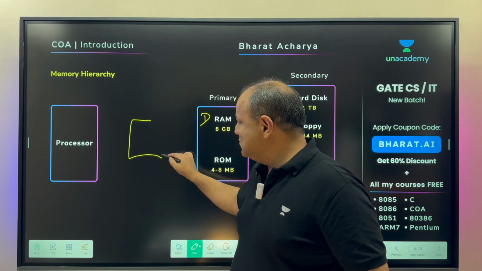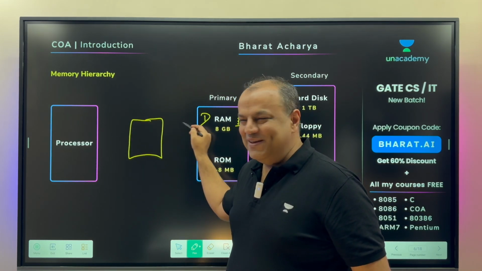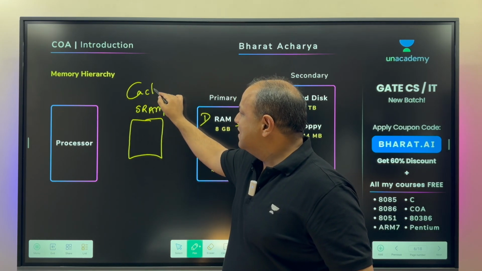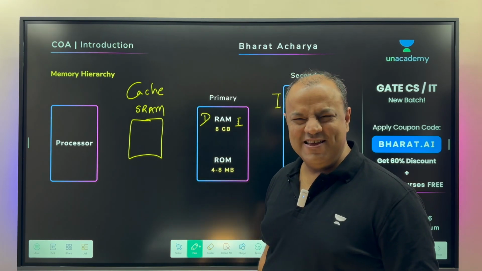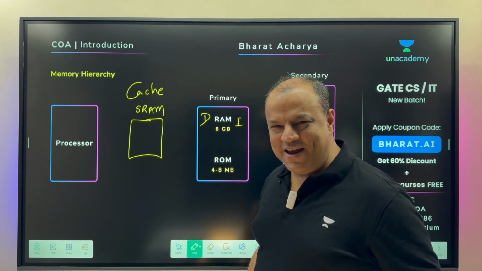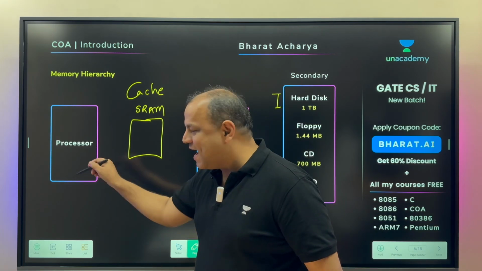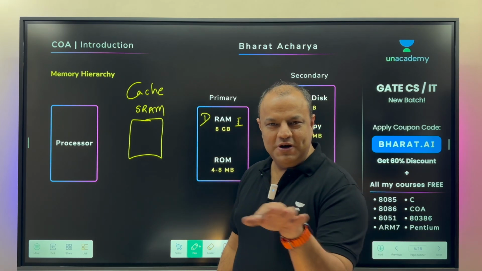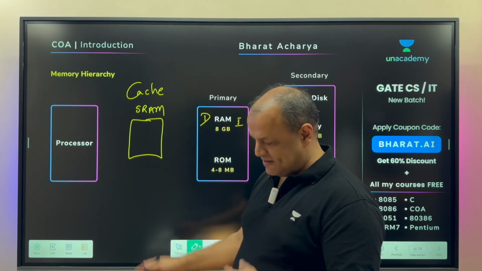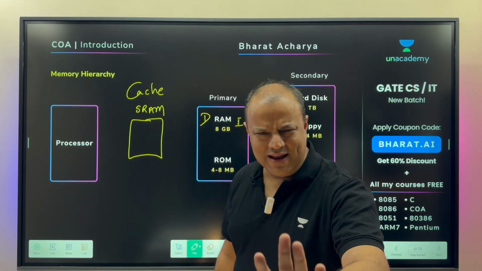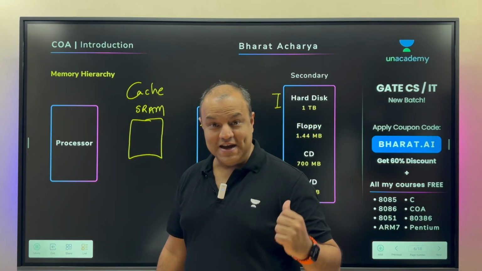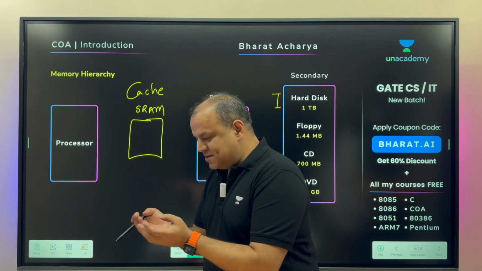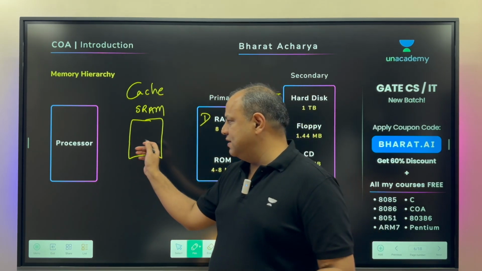Let's introduce a small RAM between these two. That is SRAM. That is your cache memory. The super fast, high speed memory which works practically at the speed of the processor, because both of them internally use flip-flops. So the speed is pretty much in that same region. Of course, the processor is still faster because of hyperclocking and all that, I'll not get into that. You learn that in advanced microprocessors and pipelining, all those great technologies. But per se, as per electronic speeds, both of them are at par.